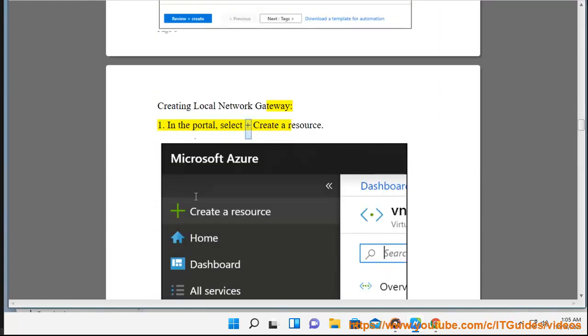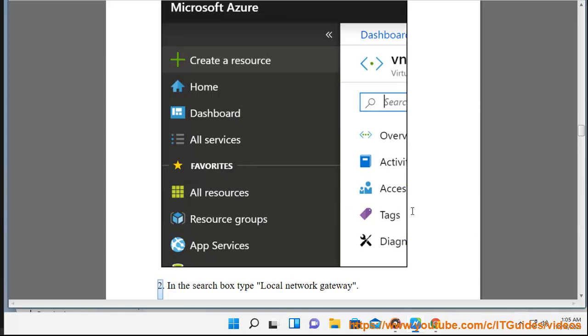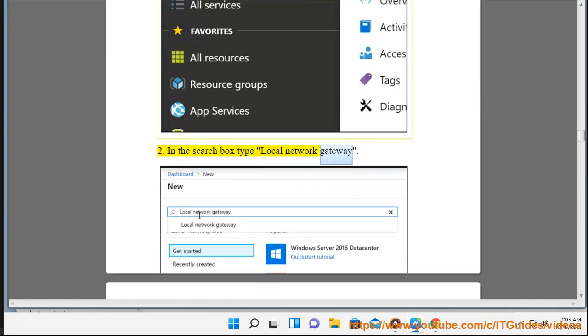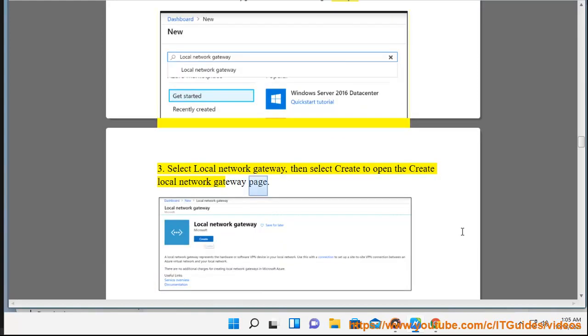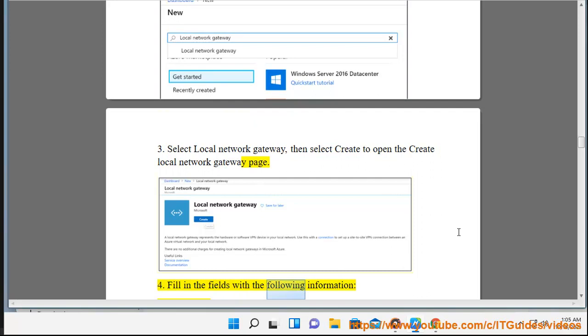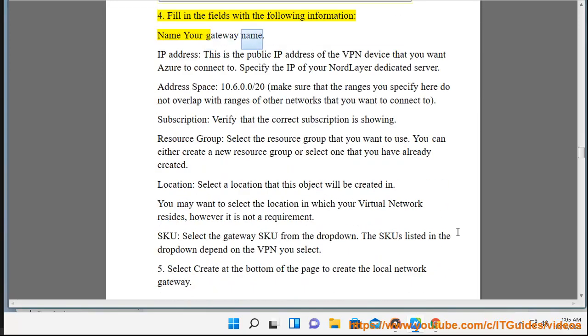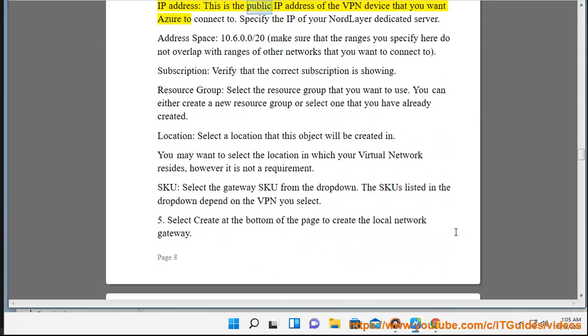In the portal, select plus create a resource. 2. In the search box type local network gateway. 3. Select local network gateway, then select create to open the create local network gateway page. 4. Fill in the fields with the following information: name, your gateway name. IP address, this is the public IP address of the VPN device that you want Azure to connect to. Specify the IP of your NordLayer dedicated server. Address space,